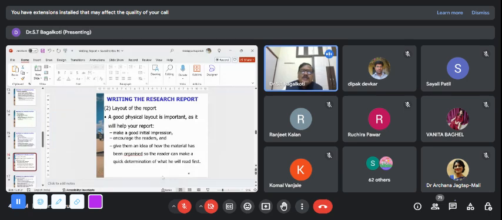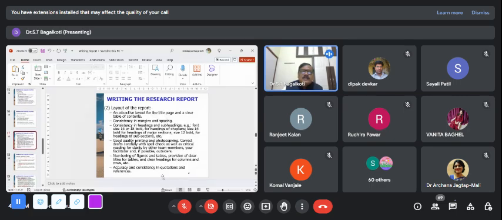That has to be the objective in making the layout of the report. Now, again, with computers, the layout can be easily determined. It can be pre-specified, and your report will continue with the same initial format only. That is not a very difficult thing. So, for the layout of the report, certain points to be noticed are an attractive layout for the title page